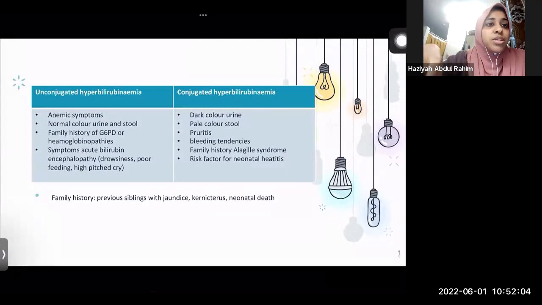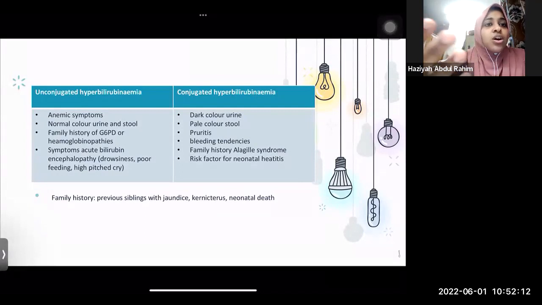Associated symptom wise, regarding unconjugated hyperbilirubinemia, you should ask about anemic symptoms. Does the child appear pale or have any difficulty in breathing? Normally in unconjugated hyperbilirubinemia, there will be normal color urine and stool. Ask about family history of G6PD or any hemoglobinopathies. Ask about symptoms of acute bilirubin encephalopathy, especially drowsiness, sleepiness, poor feeding, or any abnormality in cry pattern,